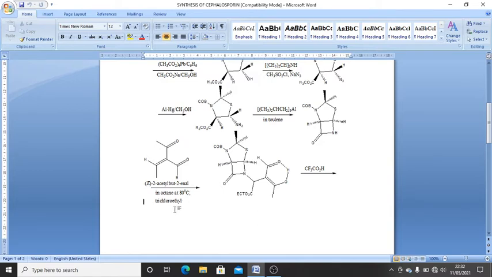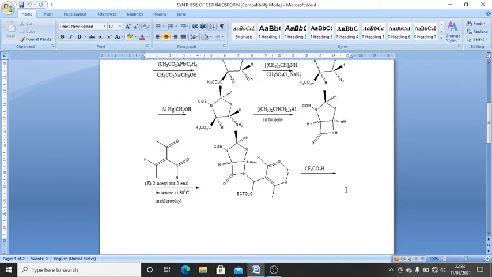This azobicyclo derivative in the presence of 2-acetyl butane 2-enol in octane at 80 degrees, in the presence of trichloroethyl 1,3-dialdehyde, is going to give me an adduct. Now this adduct is formed very easily because the lone pair of electrons on nitrogen would attack the carbonyl carbon system and then I will be getting an adduct. So trichloroethyl 1,3-dialdehyde in the presence of E2-acetyl butane 2-enol is going to give me an adduct.